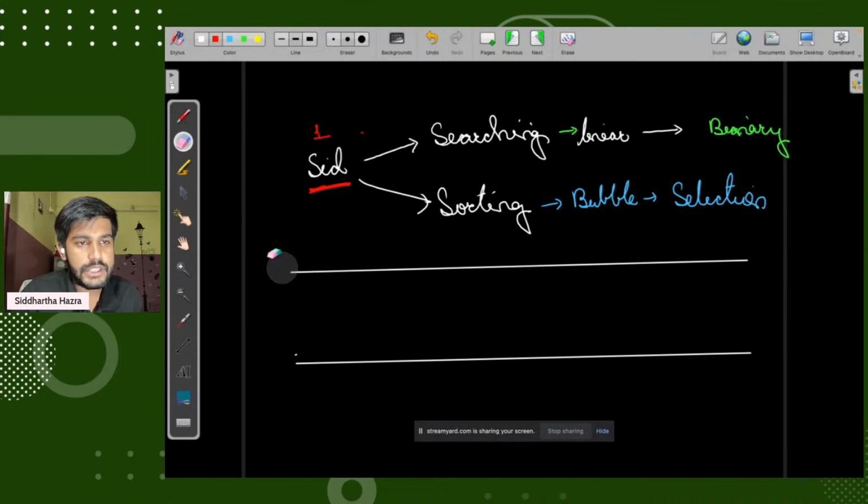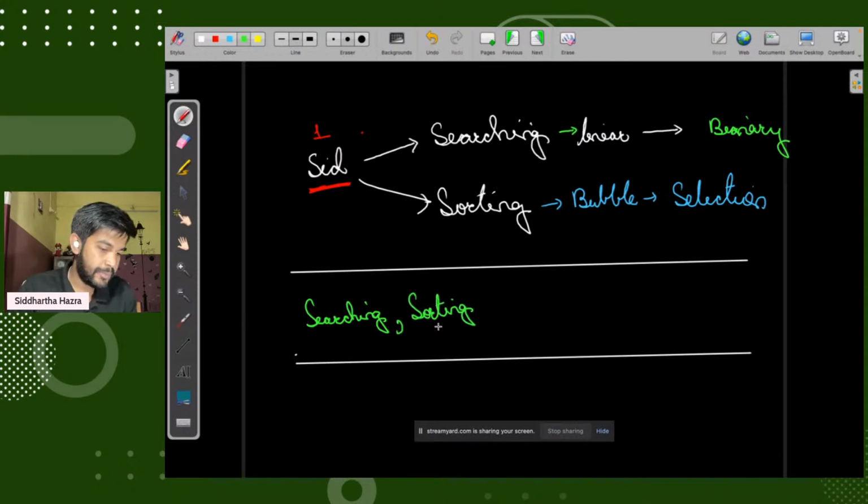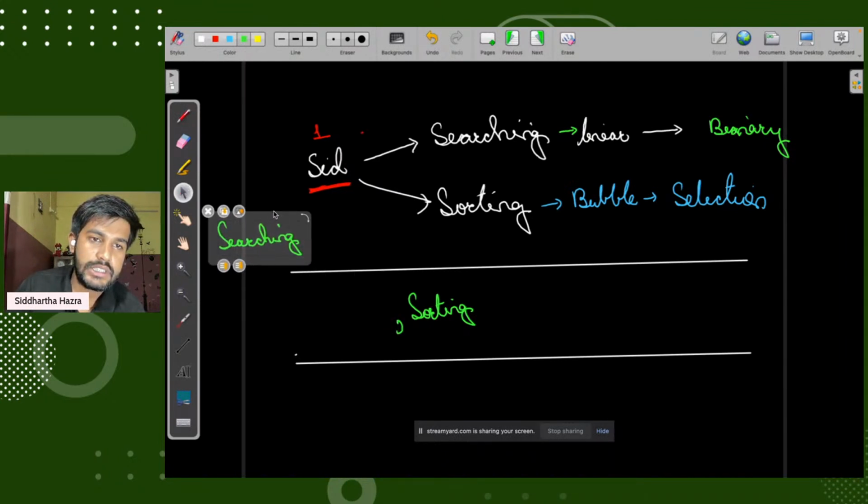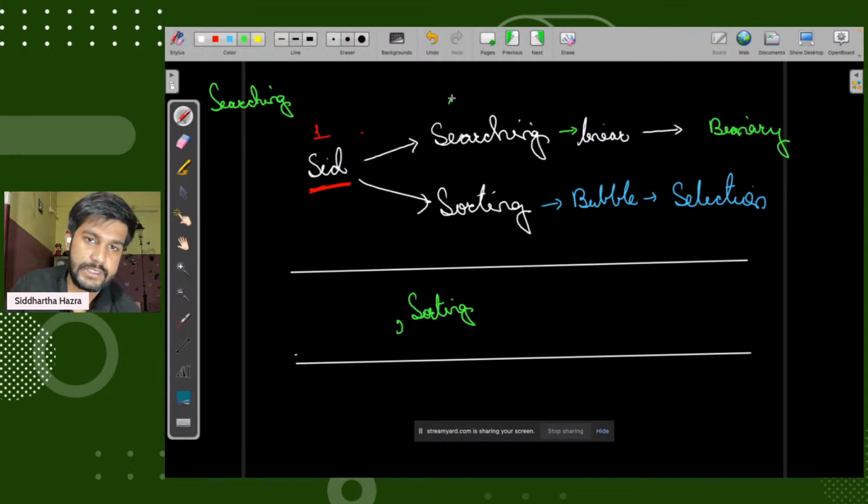First I would insert everything: searching, and then sorting. Then I would take out searching, visit it, and mark it visited. The unvisited neighbors of searching, I insert at the back of the queue.